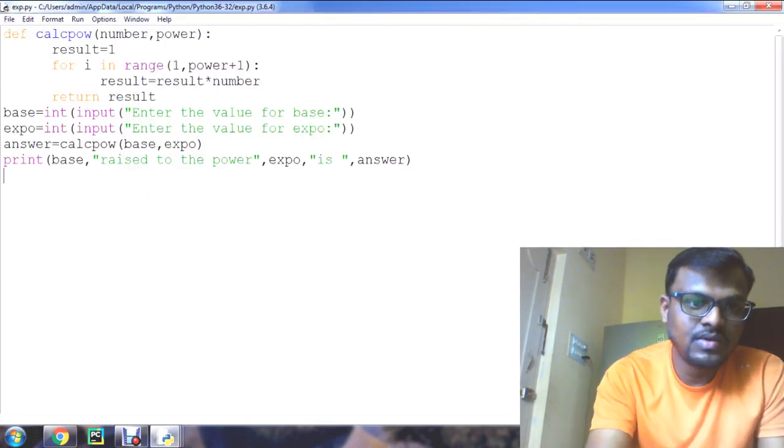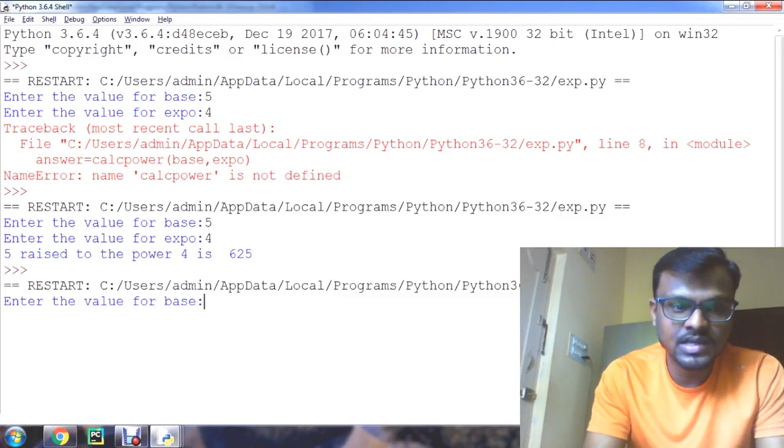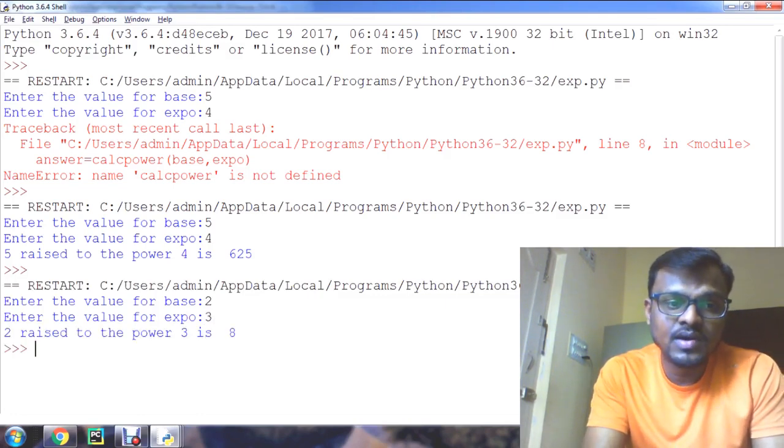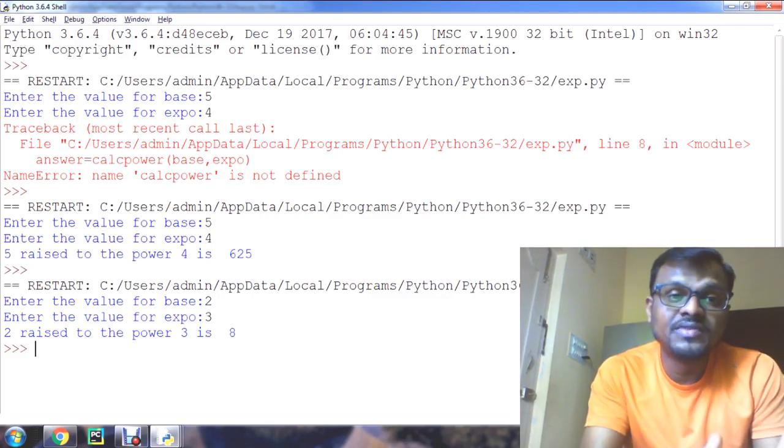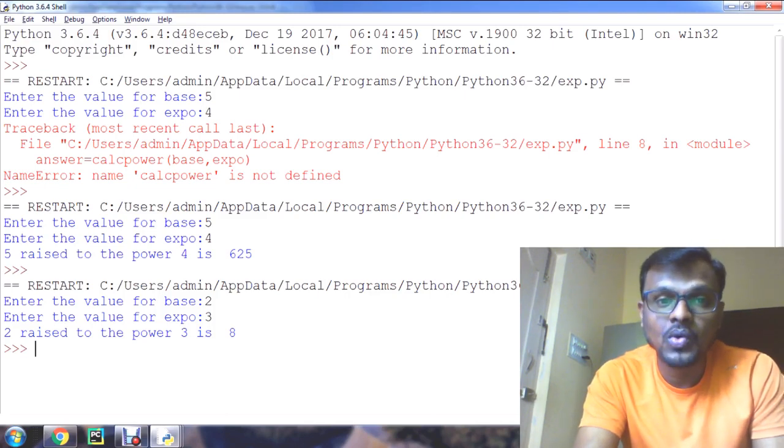And for your understanding, I will give a smaller value, base 2 and power 3. 2 to the power of 3 is 8. Understood? So like this we can make use of the parameters and the return statement in our program.